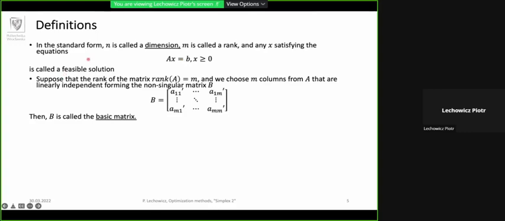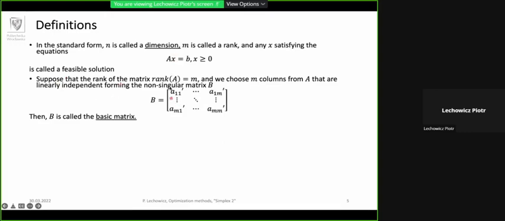And if we suppose that the rank of the A matrix is m, we choose m columns from A. Normally we have n columns because the dimensionality of the problem is n, but if we choose m columns, which are linearly independent, so it means that